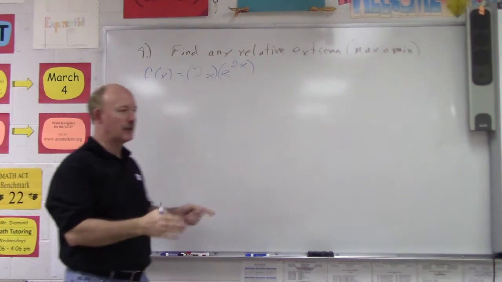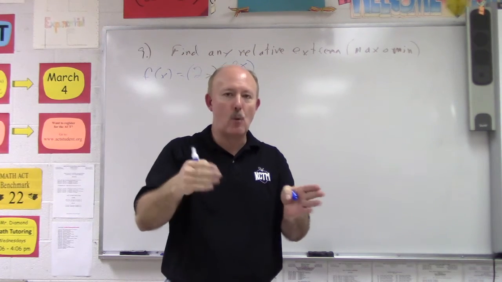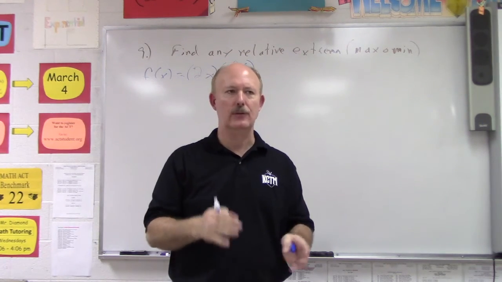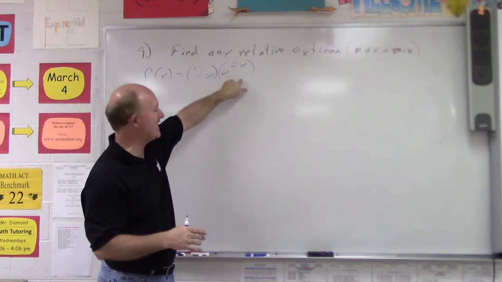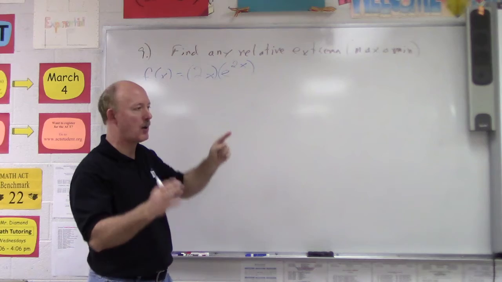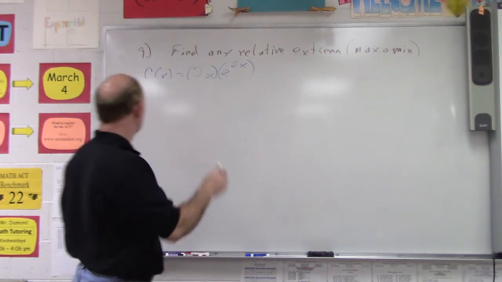So you have to recognize, for most students, with the product rule, if you're not really watching for it, you'll miss it. You have to recognize that this is a linear function times an e function. So this is a product of two different functions, and you have to use the product rule. So to get our derivative then,